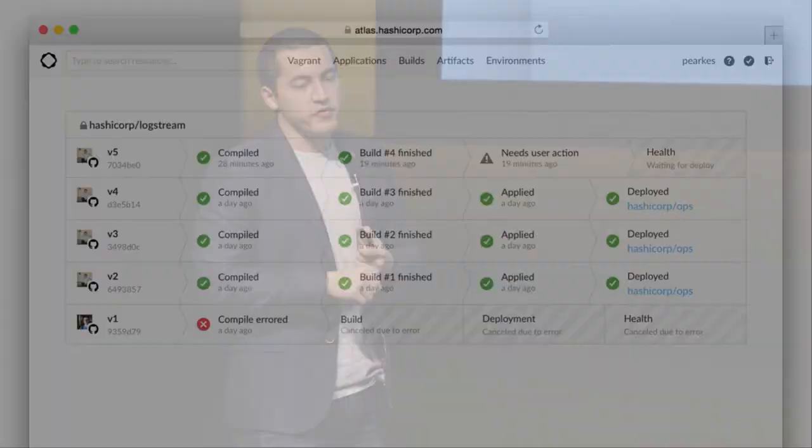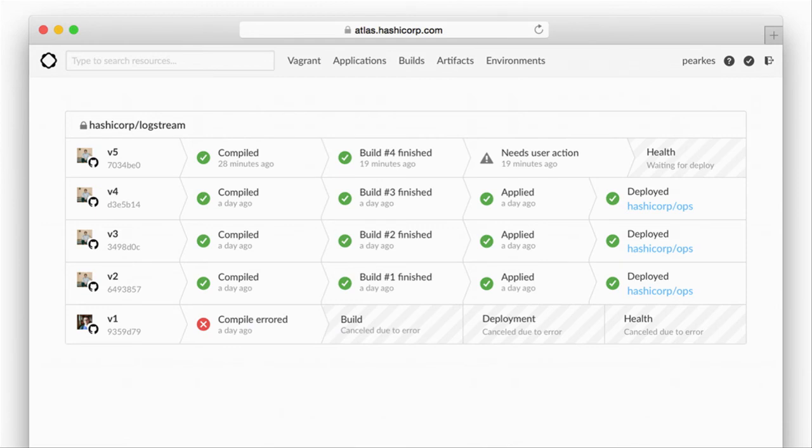And then just this week, we started rolling out this. So this is the pipeline view of everything. We showed you a lot of UIs today, a lot of clicking. But really what you want to see is what's happening with my application right now. So if you were to log into Atlas, you get this view. And this is more of the unification of everything.